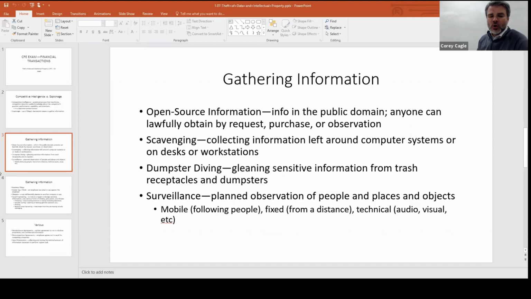They immediately mention what's called open source information. This is stuff that's out there. All right. Anybody can get this. This is not what you're going to be fraudulently obtaining. All right. Open source information is just there for the taking. You may have to pay for the information from some database or something, but you don't have to go into all this crazy stuff that we're about to talk about for open source information. All right. We're looking for stuff that's not open source. How are we going to do it? A lot of definitions here that are kind of funny. Scavenging.